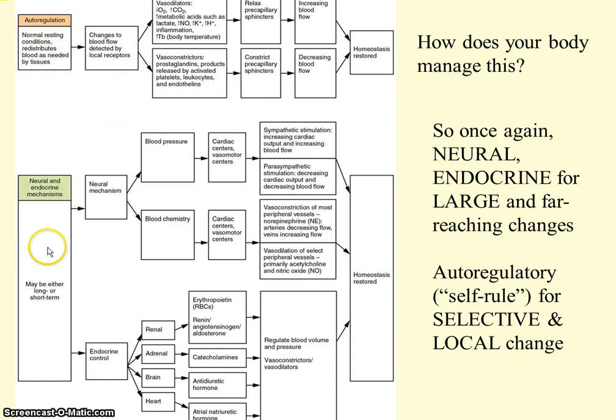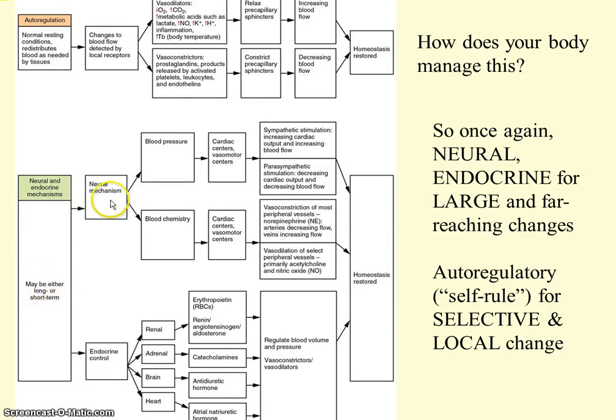All right, neural and endocrine, which is no surprise. I said everything that we talk about, on some level, the nervous system is going to have control, and then we're going to have some chemical control through some hormone that might be operating at a fairly long distance as opposed to the short distance local controls. All right, so here we go. This can, again, be long or short term.